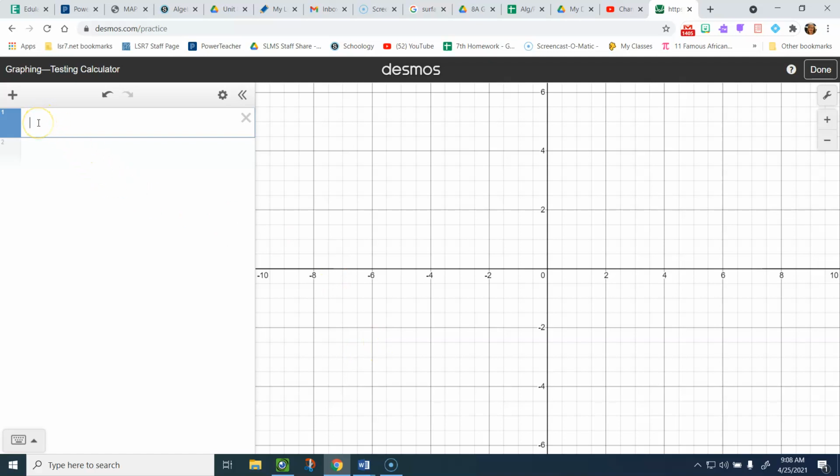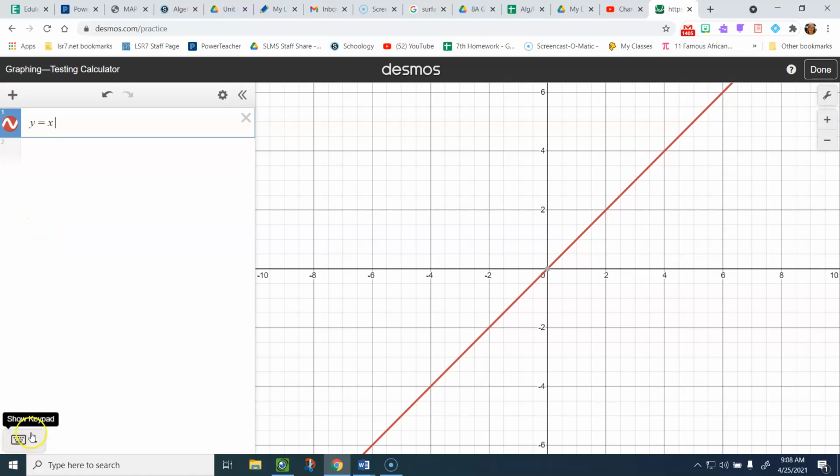This over here is where you're going to type in your equation. So you can type it in off your keyboard. So I can type in y equals x plus 5, and there's my equation. I can change that equation, and I'm going to show you how to also type that equation in using this